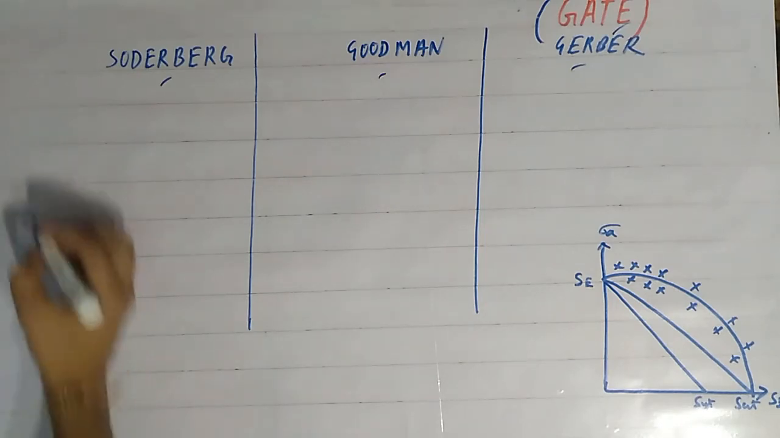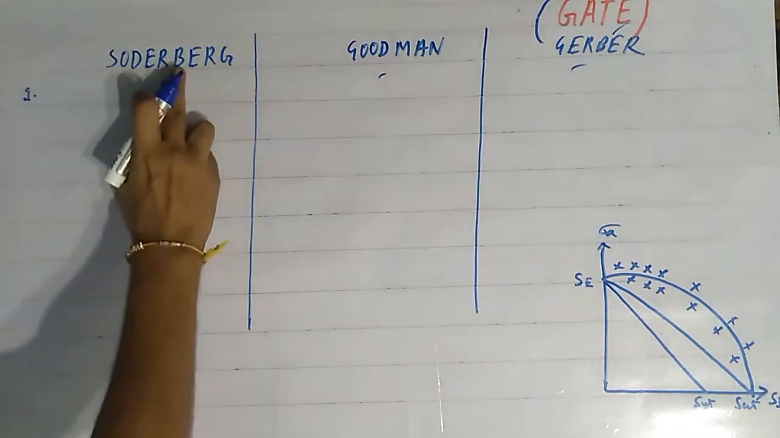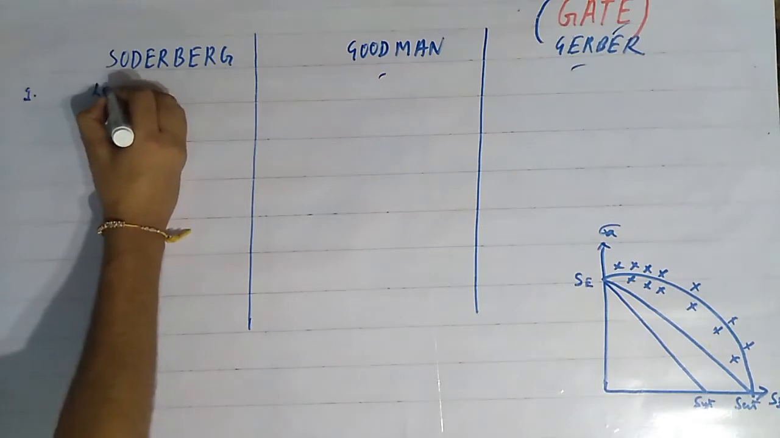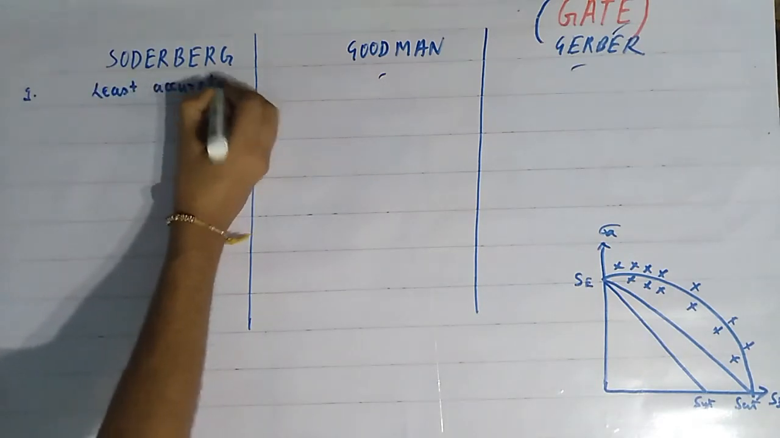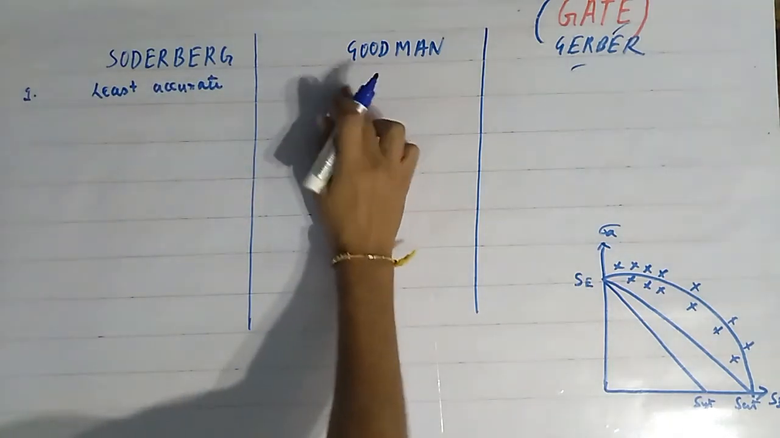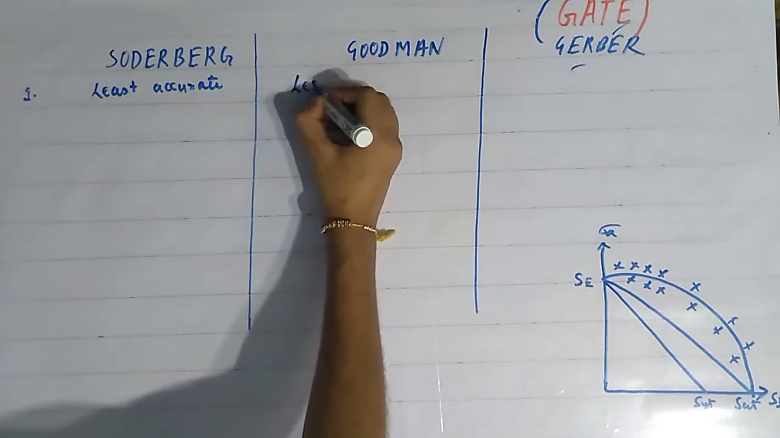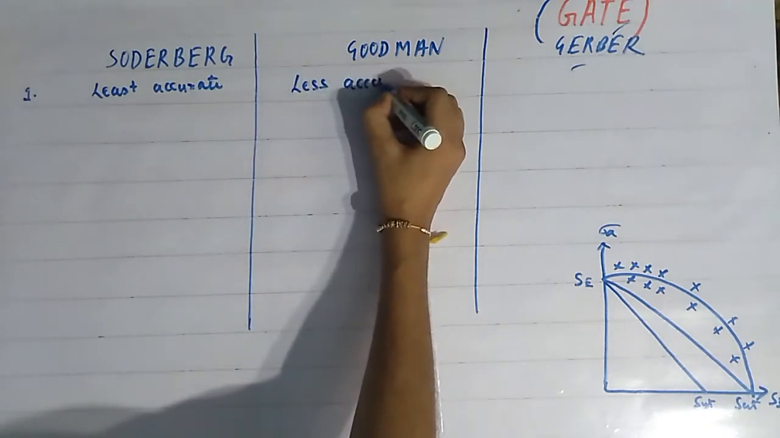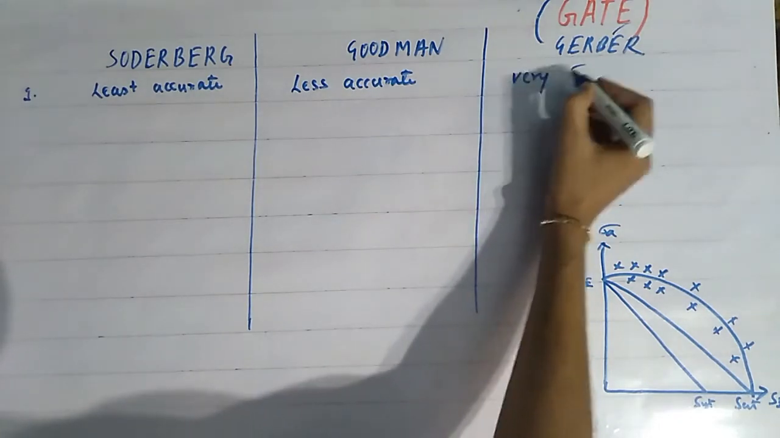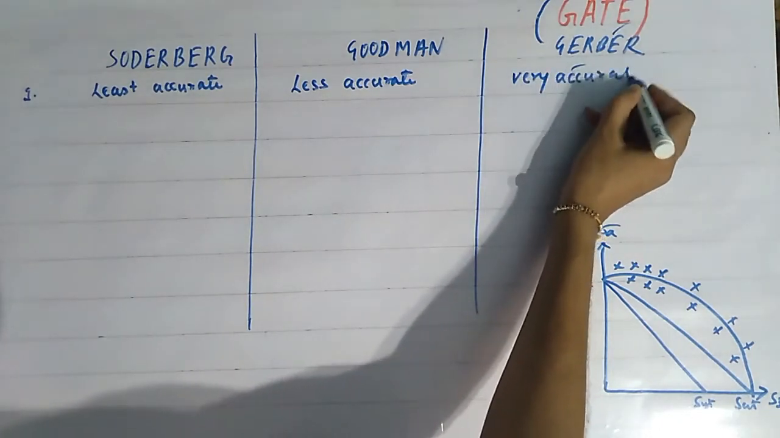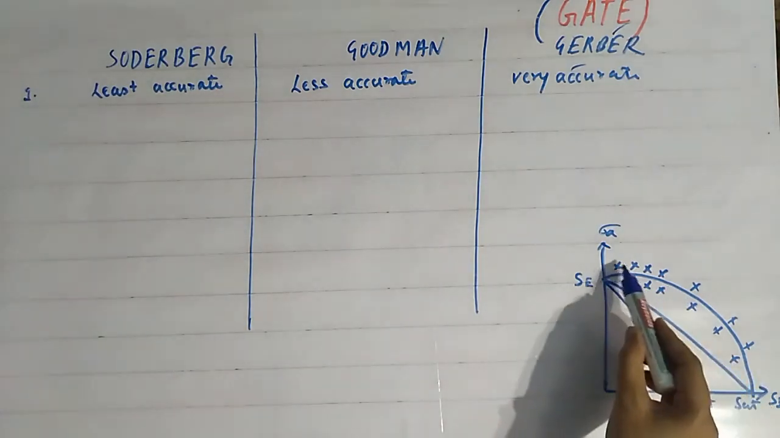So the first thing that we have to note here is that the Soderbergh criteria is the least accurate criteria, and the Goodman criteria is more accurate than the Soderbergh criteria, but it is also less accurate, and the Gerber criteria is very accurate. That is the most accurate criteria, and the reason for this is that these cross points are the failure points, and